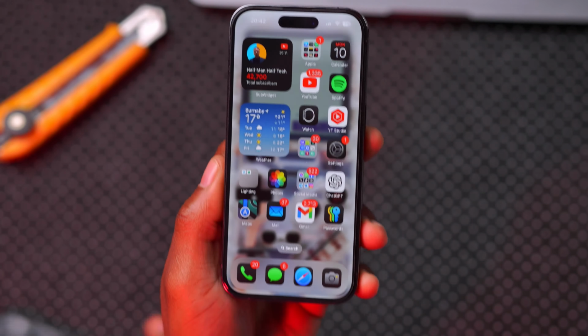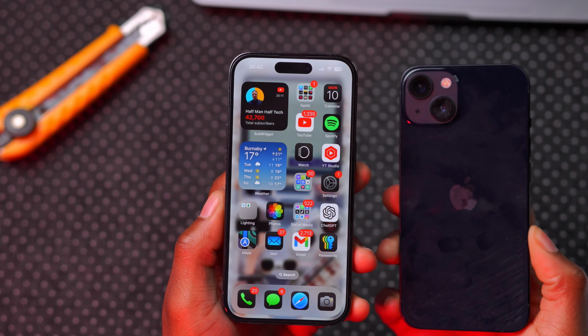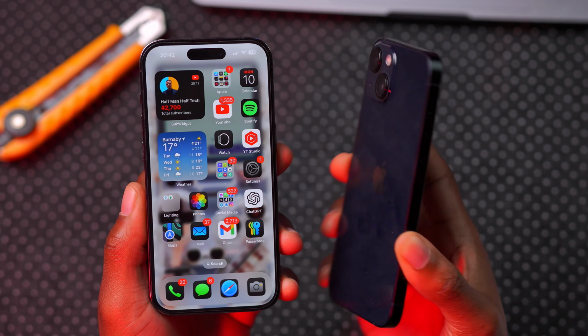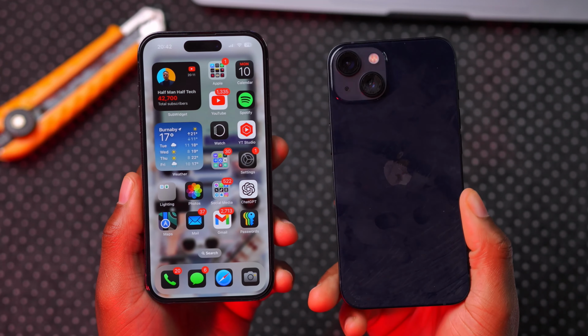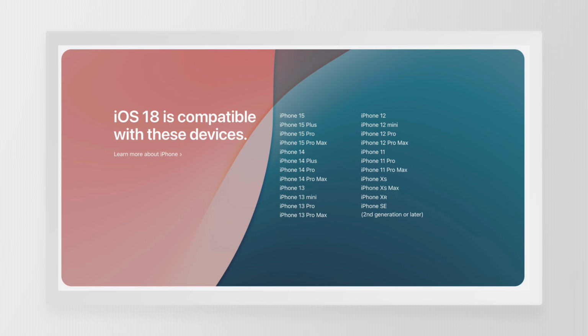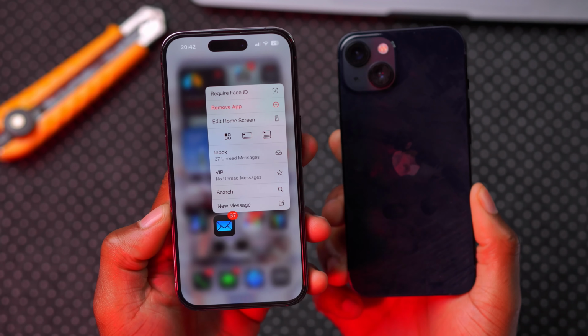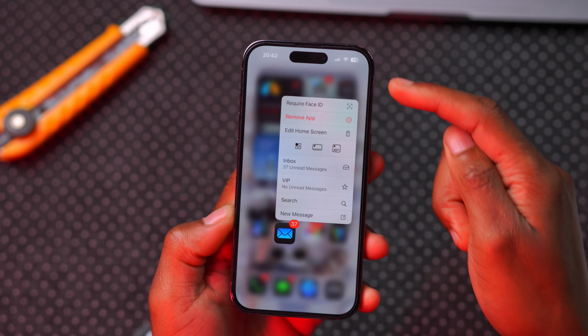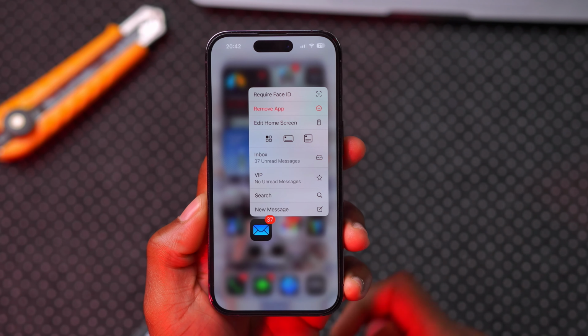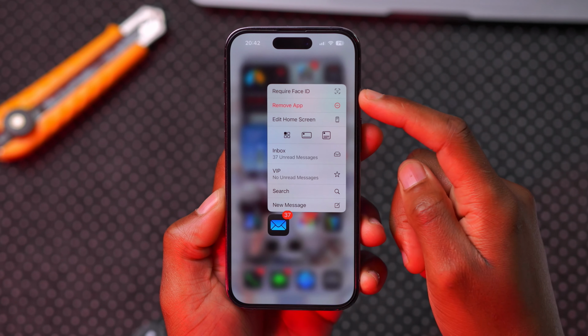If you have an old iPhone like the iPhone SE that has Touch ID, the SE 2nd gen or 3rd gen, they support iOS 18. And by the way, this is a list of all the devices that support iOS 18. So if you have a Touch ID device, you will see an option to lock your applications with Touch ID. If you have a Face ID iPhone like this one, then you will see the option to require Face ID